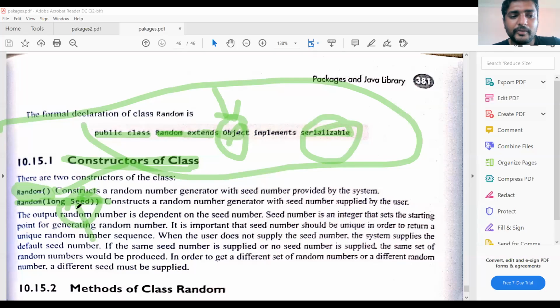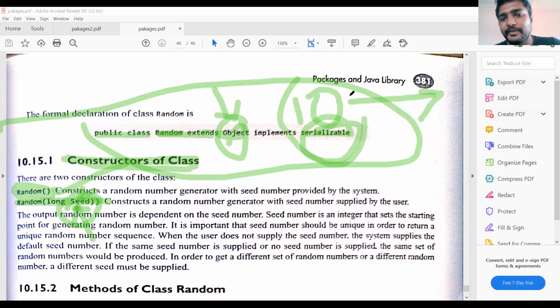So for this, the main advantage is that the randomness of the random numbers increases. For this instance, I have given the seed value as 10, which means it will generate the random numbers by using this value 10.